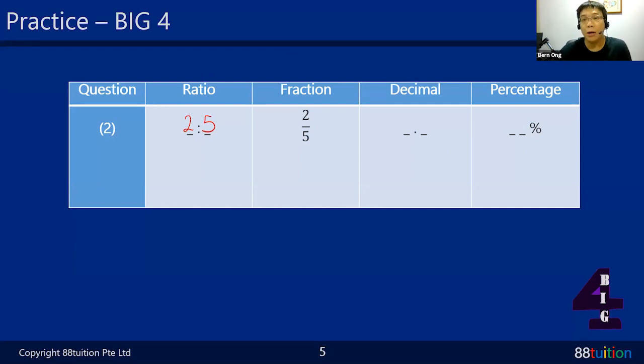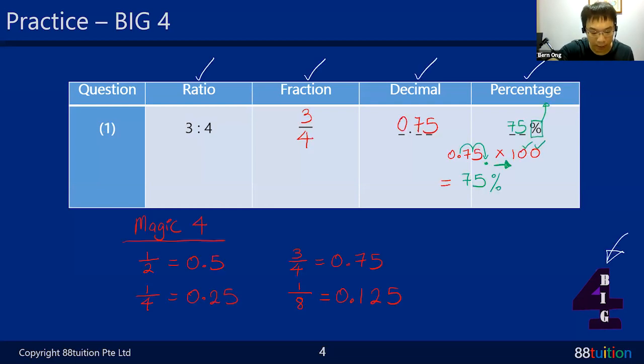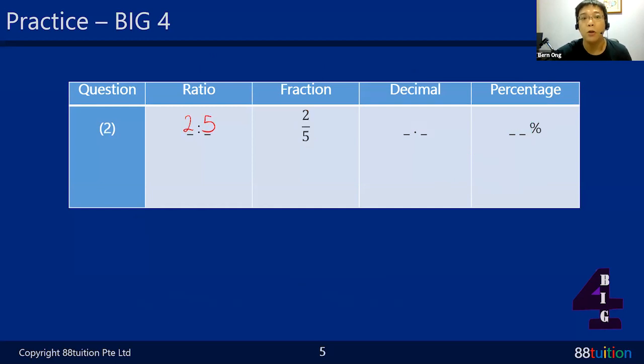Cool? All right. So again, ratio and fraction, there is this relationship. Nothing to worry. Decimal. Decimal how? Because it's not part of the magic 4. 2 over 5. Don't worry again. So there's another method. One method is by memory. You go and memorize. Second method is to try to make the denominator into 10, 100, or 1000. So in this case, my denominator is a 5. I purposely make it into a 10, times 2. Yes, times 2 times 2. Whatever you do to the denominator, you must do to the numerator. So you get 4 over 10.